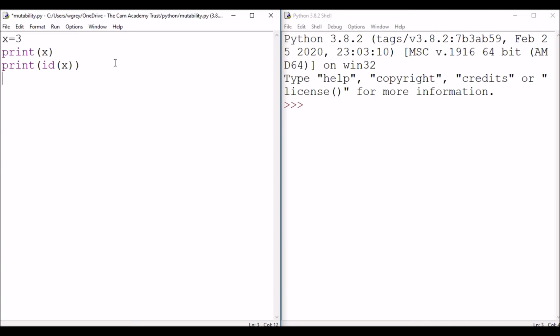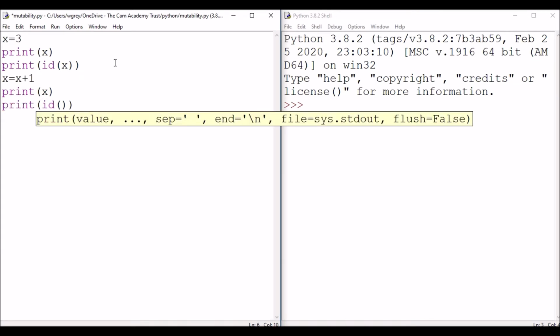Now I'm going to change the value of x. So x equals x plus 1. So I'm just going to increment it. And again, I'm going to print the value of x. And then I'm going to print again the identification of x. So if I save this and run the program through,